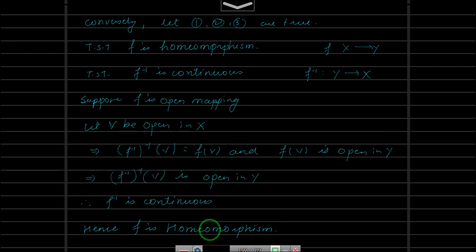That's all. Let's take some examples for open mapping and closed mapping, and complete this video. And in the next video, we'll talk about some different concept. Okay, so let us take a simple example.